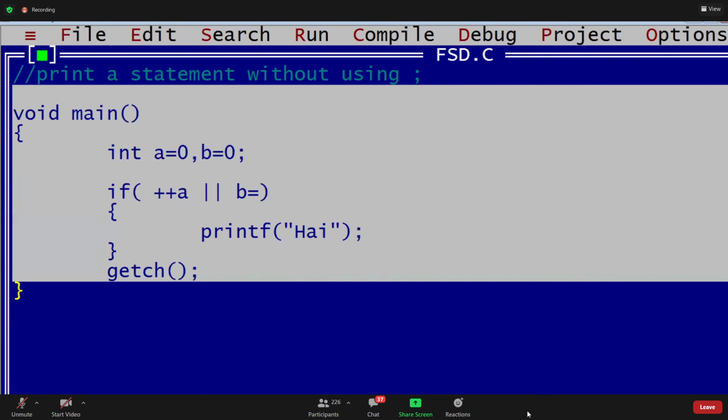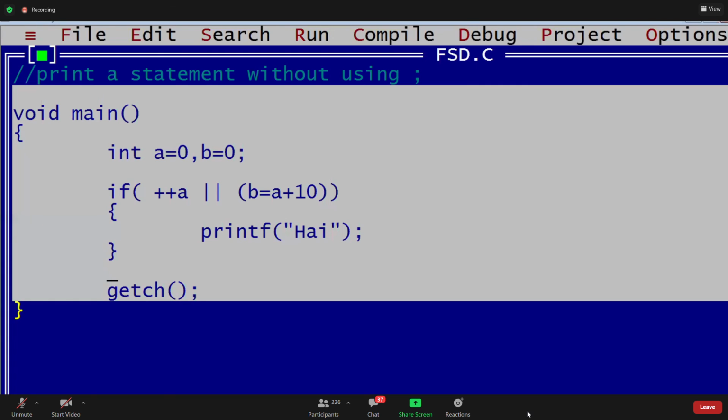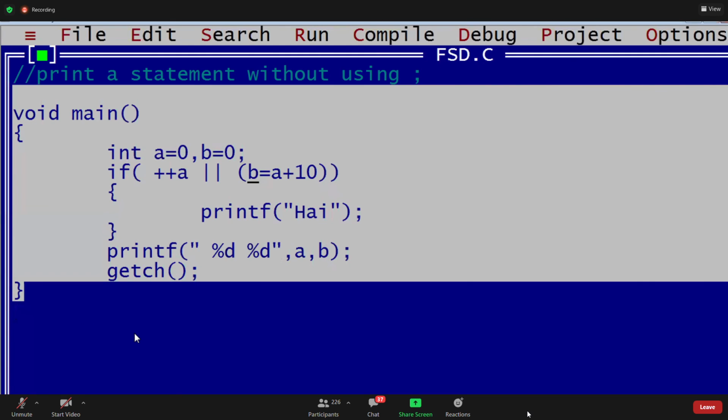Then printf, I want to print the A and B values with %d. Write this question and tell me the output, guys. ++A, A and B values are initially zeros.